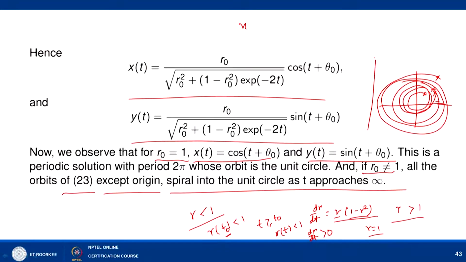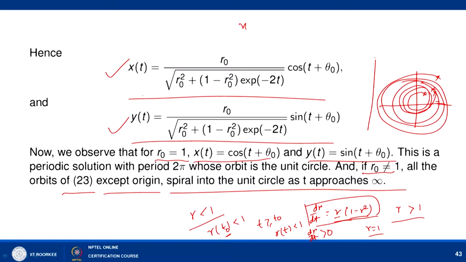As soon as r becomes 1, dr by dt is equal to 0. So, it means that once this solution's orbit approaches the circle x square plus y square equal to 1, and as soon as it touches the circle of radius 1,